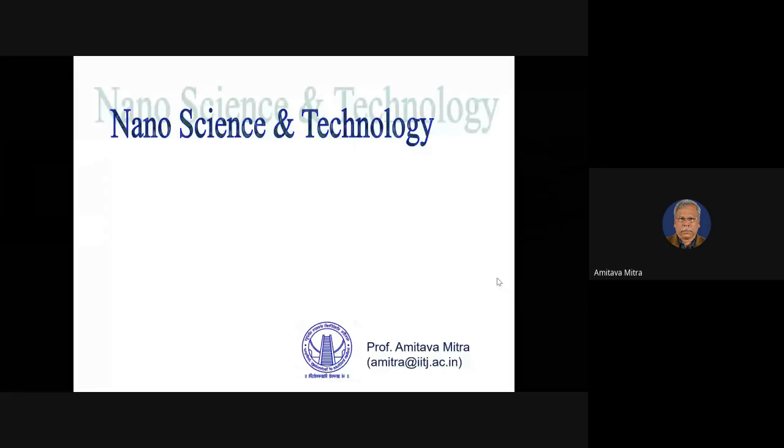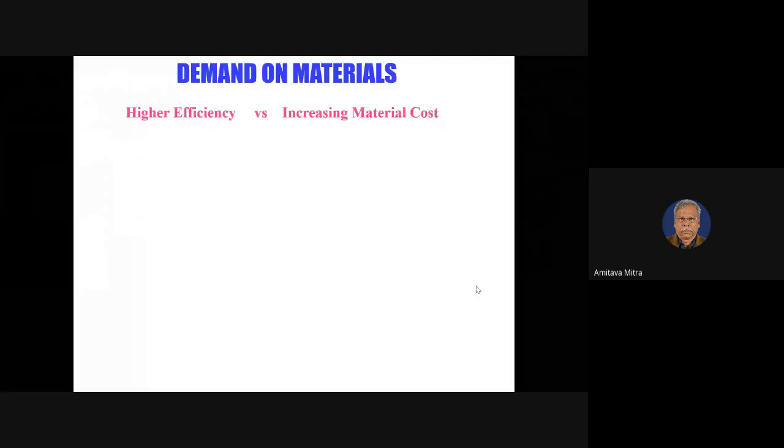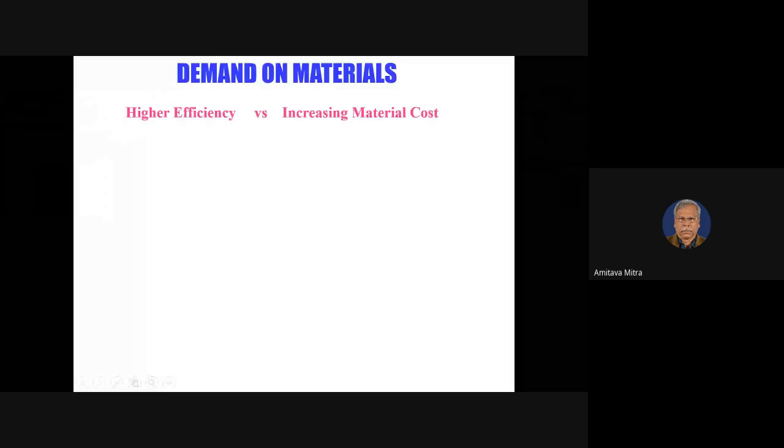What is this demand? Always people want high efficiency of the materials, efficiency in terms of various factors. But at the same time, people want materials with a cheaper price. So there is always a tug of war between the higher stress level of a material, higher pressure of the